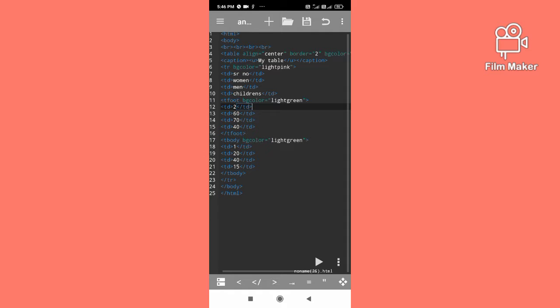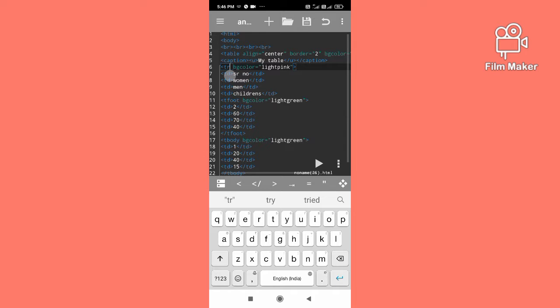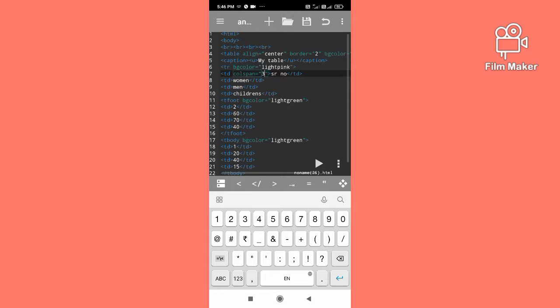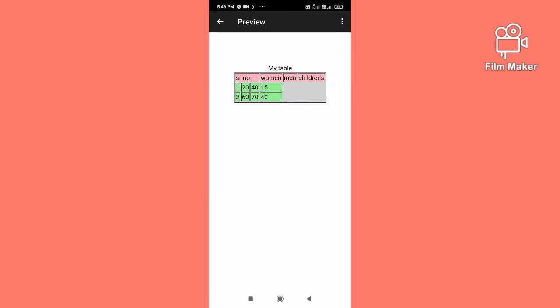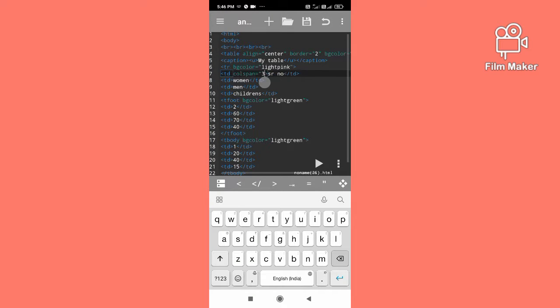Now at the row tag, I am writing colspan. Okay, so colspan equals 3. There are 3. Second, you'll not understand like this. I have to create one more tag.